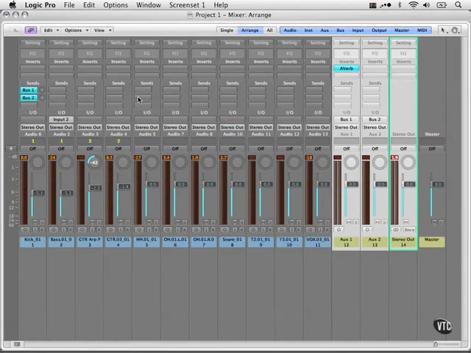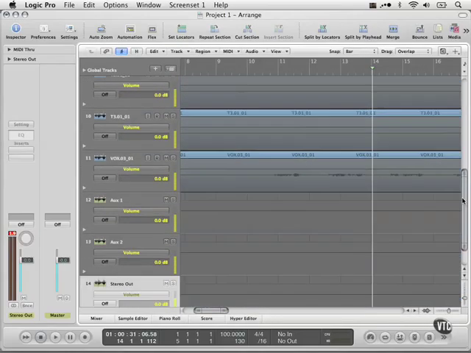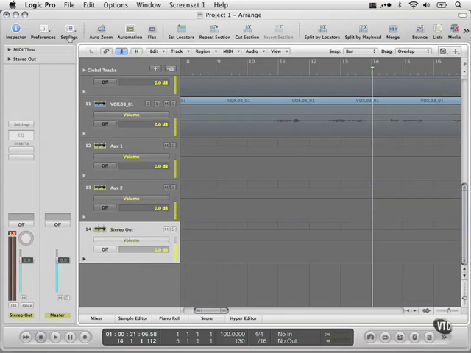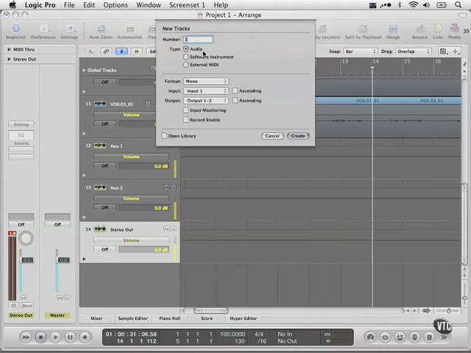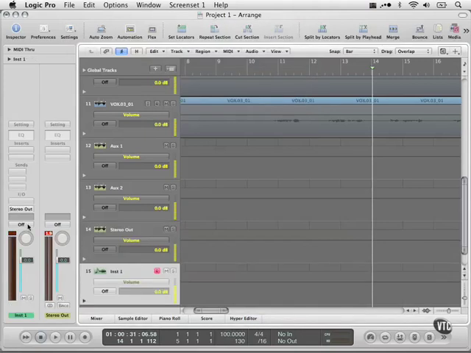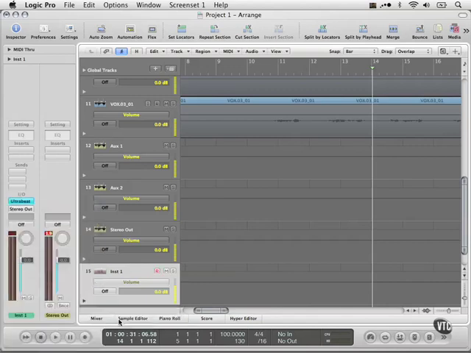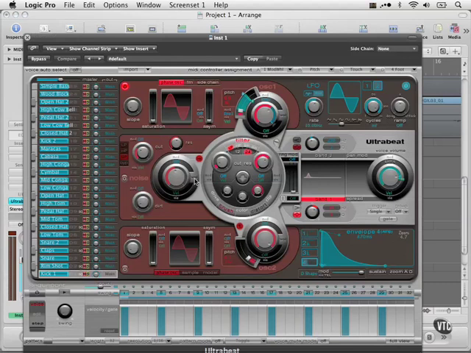Last thing I want to show you as part of this has to do with surround or multi-channel outputs and plugins. We're not really getting into some of this now, but it's kind of important functionality, so let's talk about it right now. What we need to do first, create a new channel, this time software instrument, create, and here for the input we're going to choose something like the Ultrabeat multi-output. So we load this up.